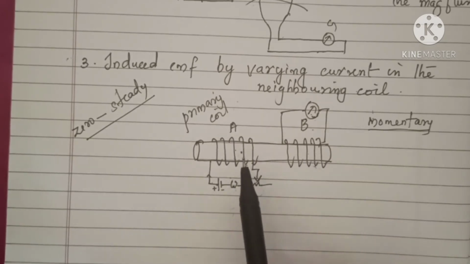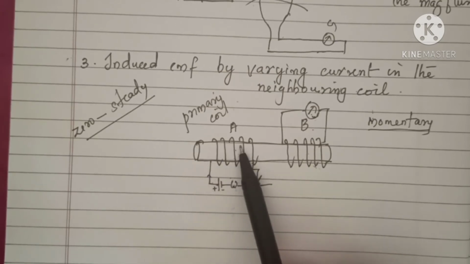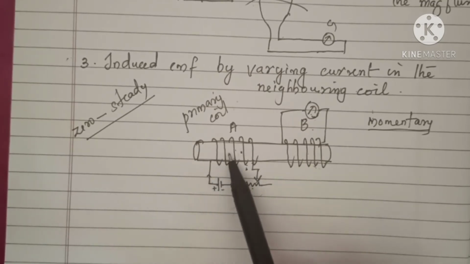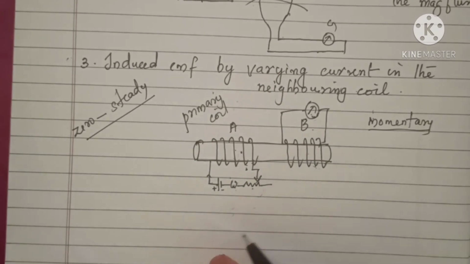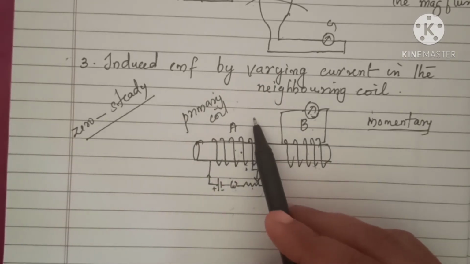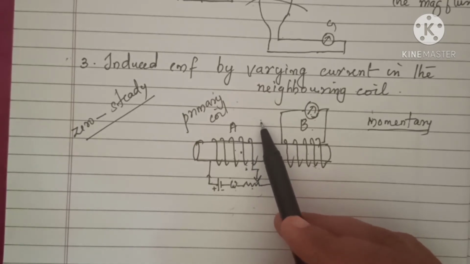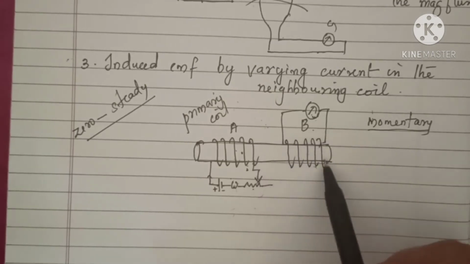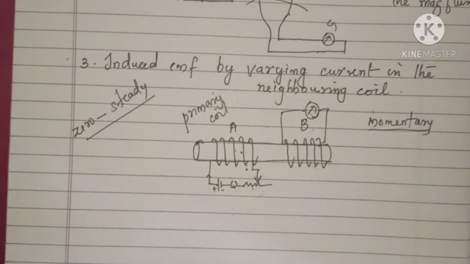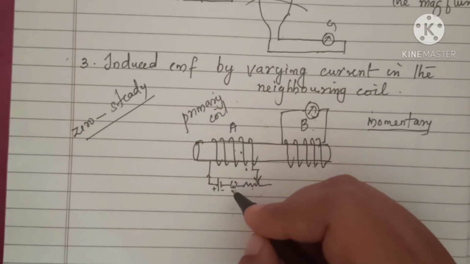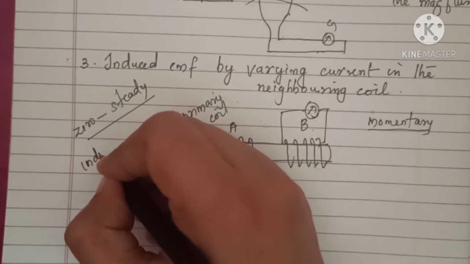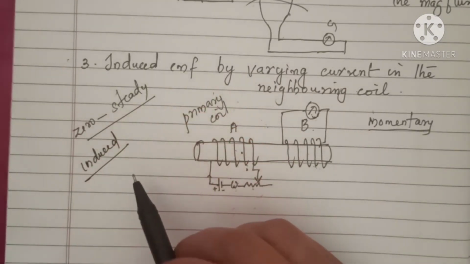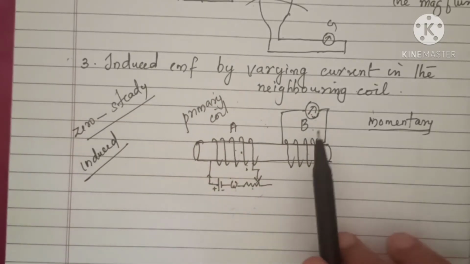So in the primary coil, when you are supplying current by pressing the key, current flows. When you press the key, the current increases from 0 to a steady value, which creates a change in the magnetic flux associated with it. And if there is a change in the magnetic flux, suddenly the magnetic flux linked with the secondary also increases. That is why when you press the key, you can see a momentary deflection, which shows that an induced current in the secondary coil is set up.